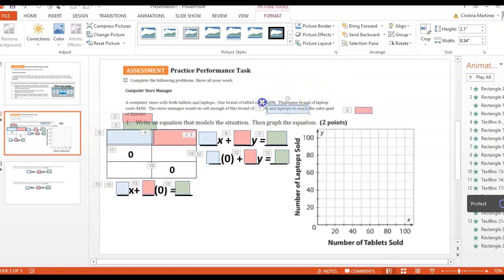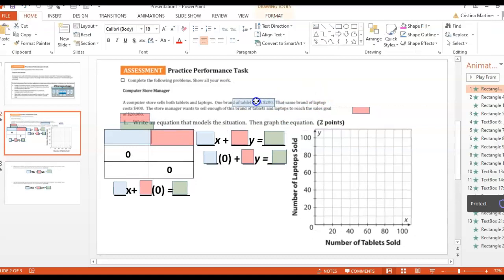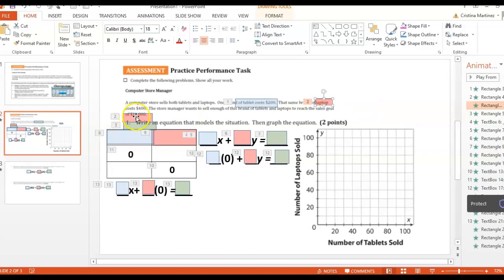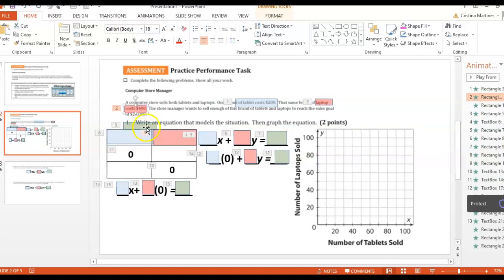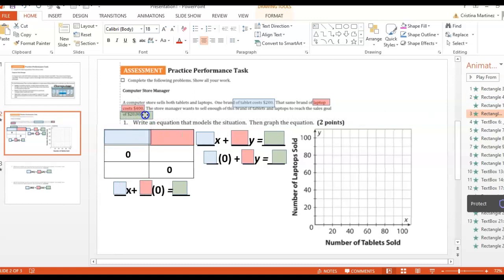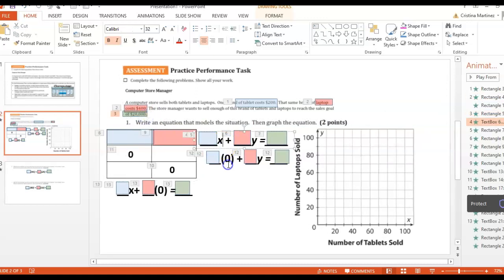I can also resize and move my boxes a little bit so it matches the words now that I've resized my document. And what else? But now I can actually see the words underneath, which is to write an equation and then graph the equation. I also don't want that table to pop out just yet, so I'm actually going to go